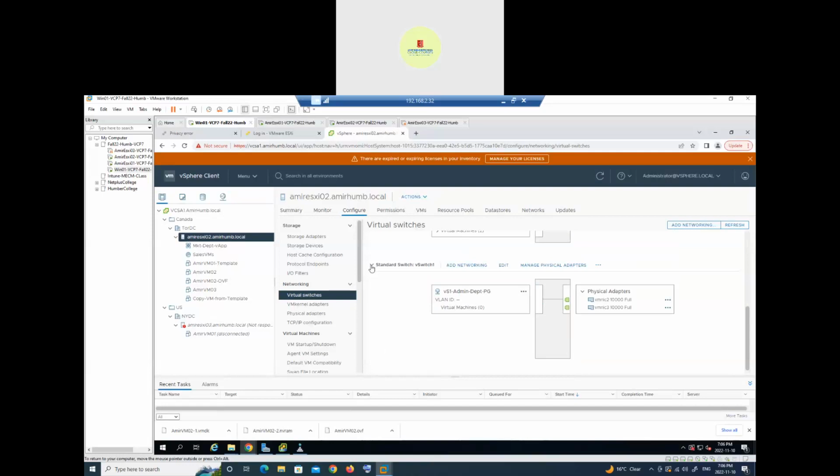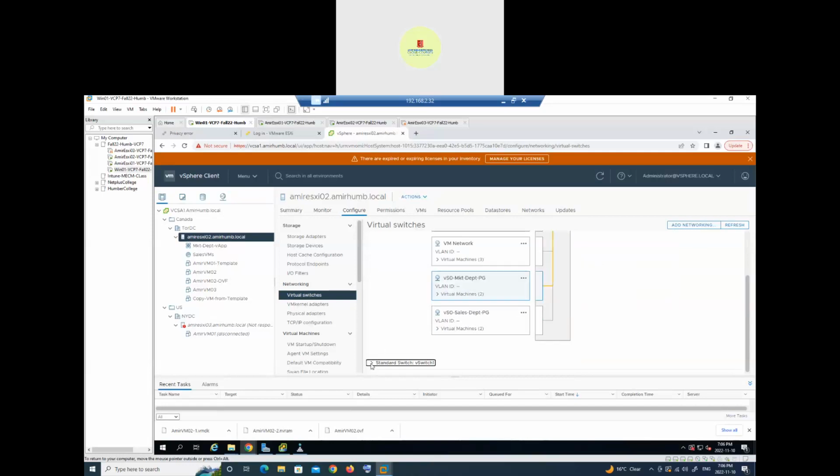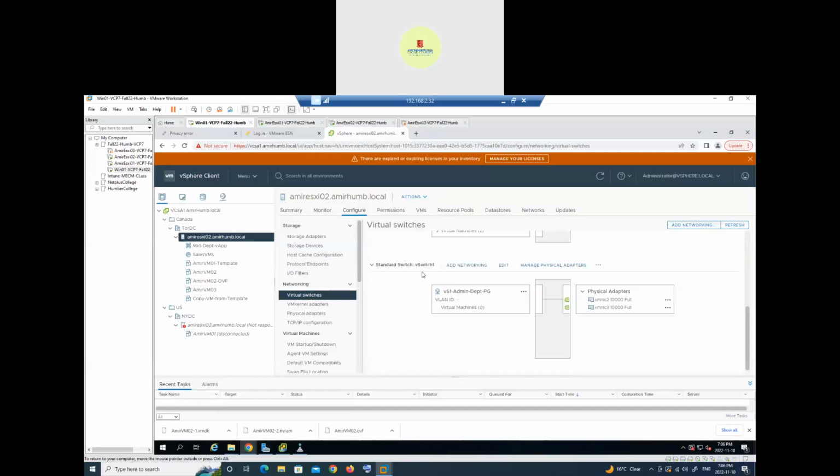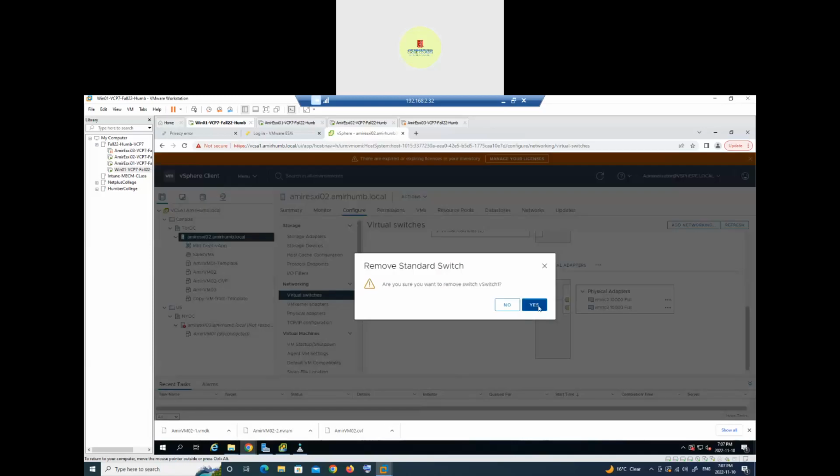You know how to create one, how to delete one. I'm expanding this standard switch, vSwitch1, and then there are three dots here against that vSwitch1, right? If we go there, there's a remove button here. So we need to remove vSwitch1 and the port group that was created within vSwitch1. So just click remove here,